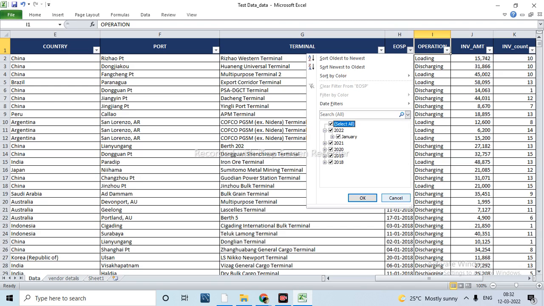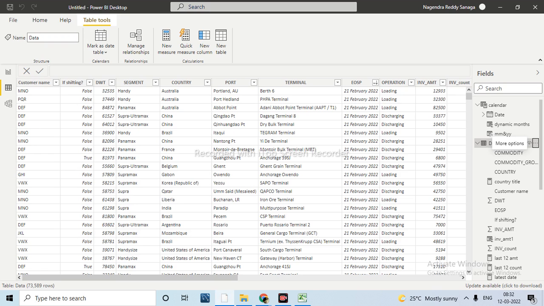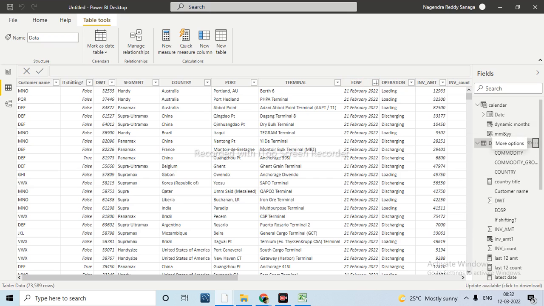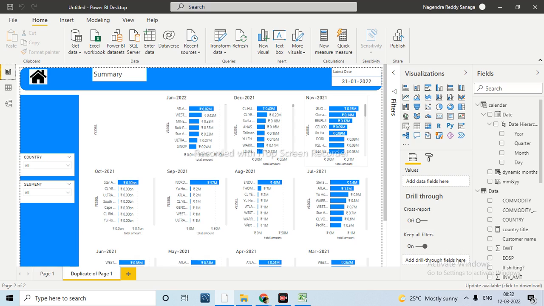Yeah, Jan 2022 only we have it. Let me save the file, one second. Let's test whether I have taken that only or not. Let me refresh the data set again. We have the data until 31st January 2022 only. Now if you come here and see this, the first one became blank, and for the remaining everything we have taken that information only.